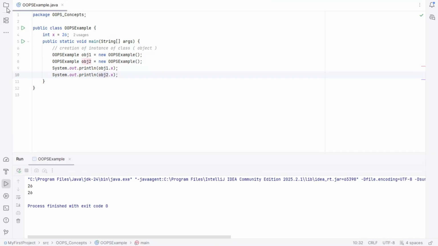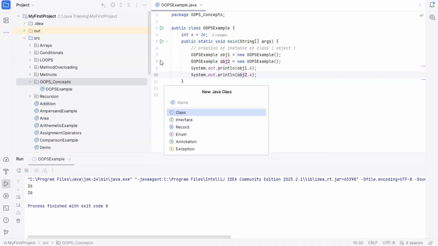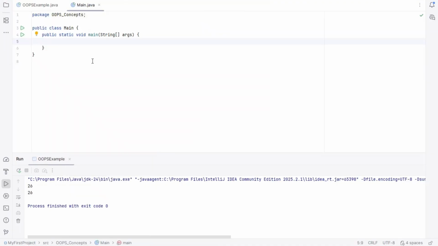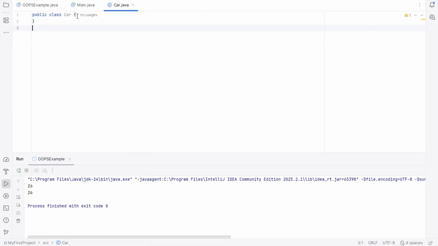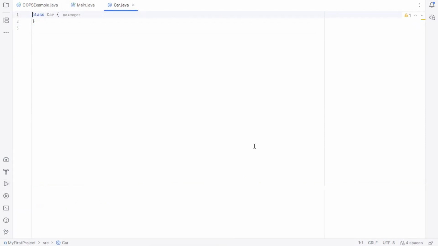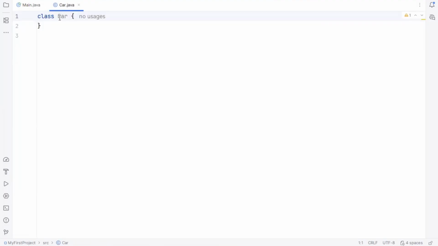Let's create one more. You create a new class called main. Create a new class main, that is the class name. Okay. You create one more class called car. So remove that public. Just write class and then class name. What we are trying to do? We are trying to create two different classes. One class is the main class where you will have the public static void main. Your main method is also there in main.java. Can you go and show me main.java? So main.java, and you have car.java. Okay, good. So go to car.java